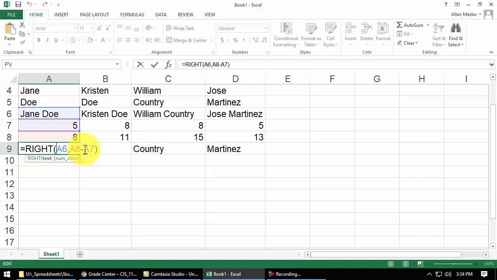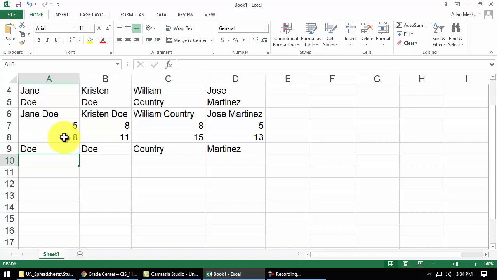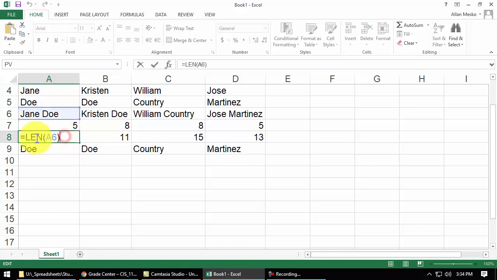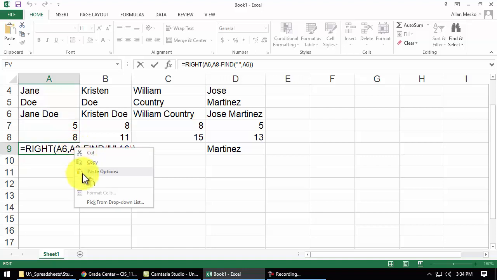I think I pressed escape. Here's A7. That's where we found the space. And here's A8. Copy, escape, paste, press enter,